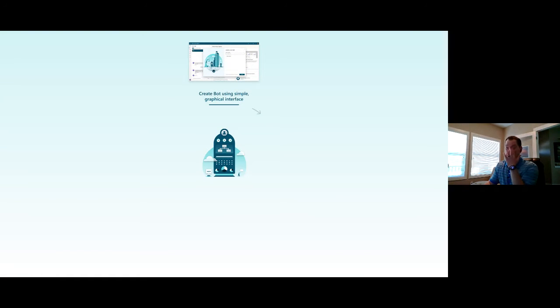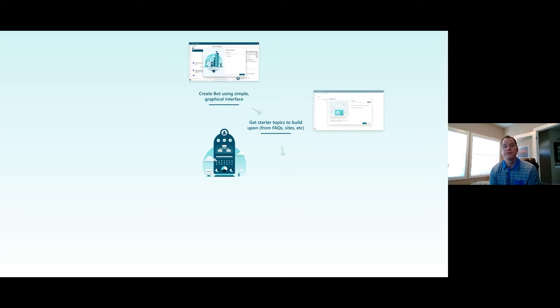And so I'm going to walk you through a simple life cycle of a bot, and then we're going to get right into the tool and start seeing some demos. So this is the Power Virtual Agents Maker portal, where you can just create a bot. And it's point and click, hands on the keyboard, provide the name of a bot. Then what you can do is get started using a feature called Suggested Topics. Now, this is kind of similar to QnA Maker. There's some shared technology. It's not exactly the same, but the idea here is that you can